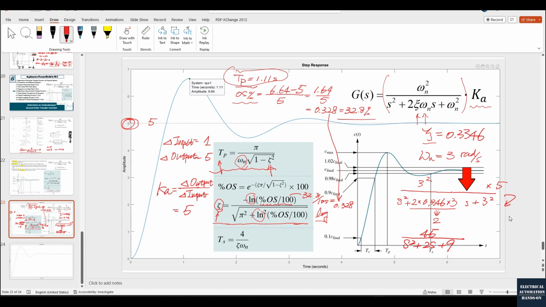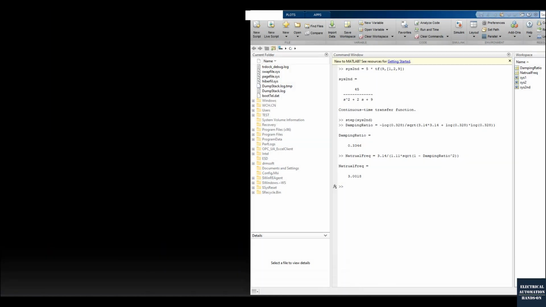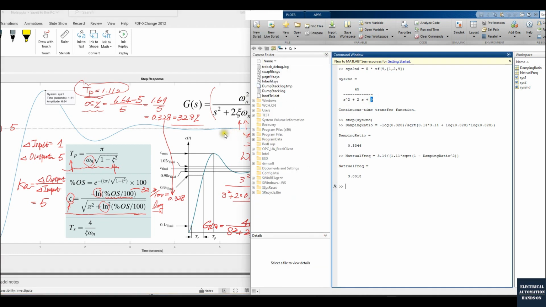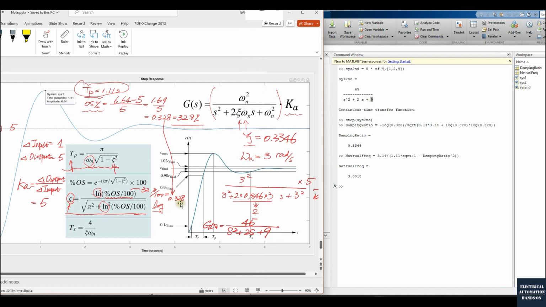Okay, this is our second order underdamped transfer function. And then if we compare with the Matlab, we can see exactly the same. The denominator is 45 and the natural frequency equals 3, so this area here is 9. It is 9. Here, it is 9. Okay, so this is how we can use the time response, using the overshoot and the peak time, to calculate